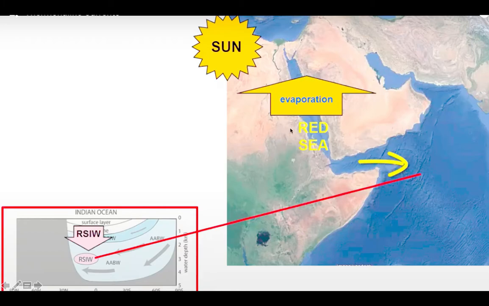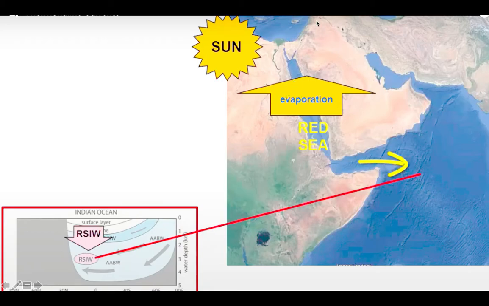Now remember, the salinity of Gulf areas is even more than the closed sea. Okay, so we can see that these countries are Gulf countries, because it is surrounded by two Gulfs, the Gulf of Persia and the Red Sea Gulf. Here we have the Arabian Sea Gulf and this is the Gulf of Persia. Okay, so this is your Arabian Peninsula. So Gulf countries basically have more saline regions.